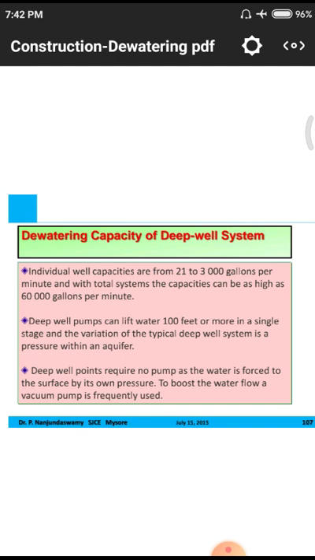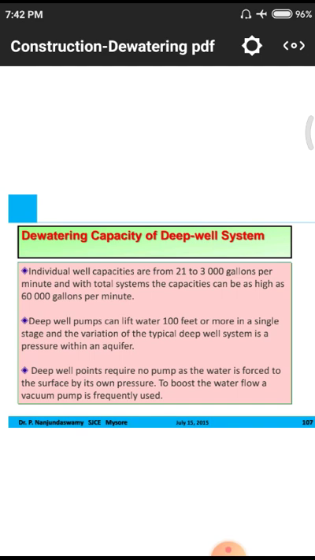Likewise, in this particular case also there may be a huge amount of height. That means more than 100 feet of height. In those conditions also there is a chance of getting water by using these kinds of pressures in the aquifers. Without pressure there may be no drawing of water. With a small quantity of pressure, automatically the water will be lifted from the bottom surface to the top surface.